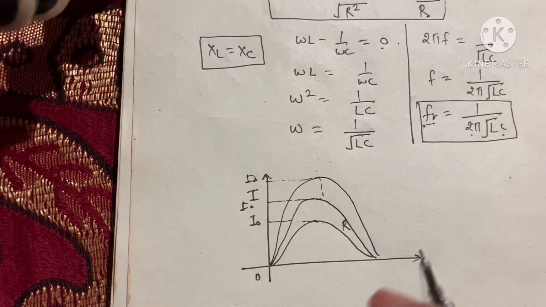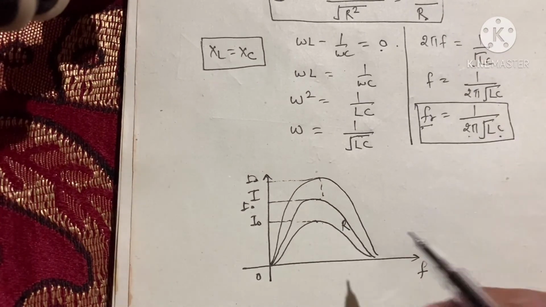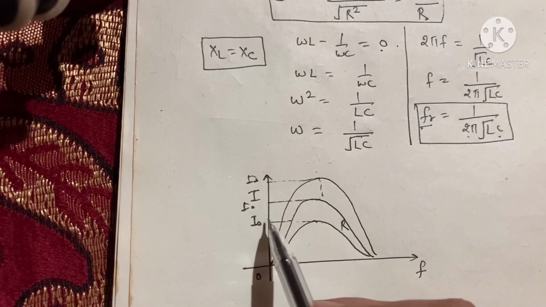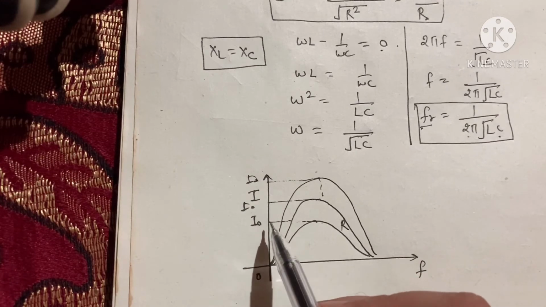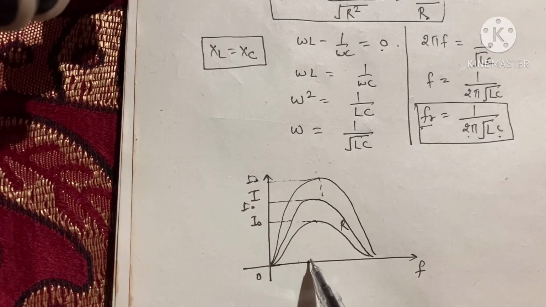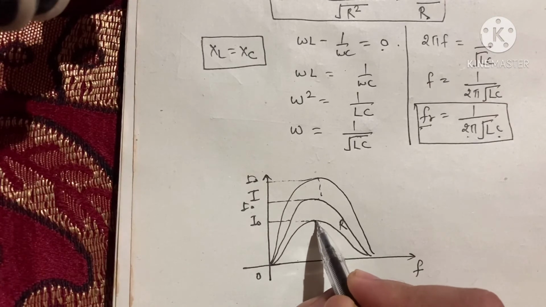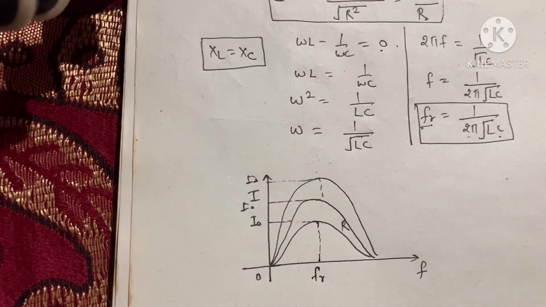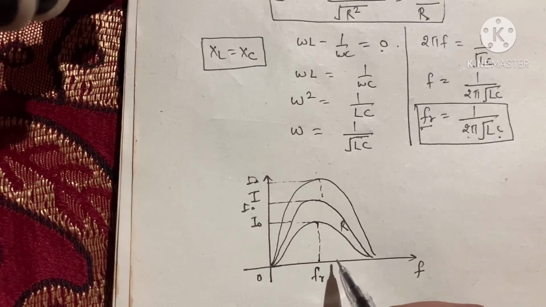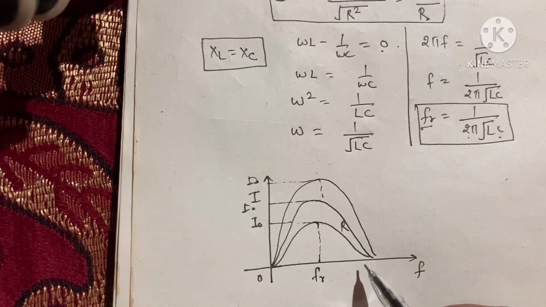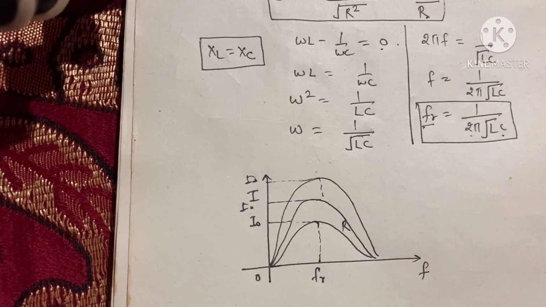Now basically, suppose we are doing one experiment. We have one AC generator whose frequency we can change, and we have connected one ammeter which can measure the current. When I increase the frequency, current will also increase like this. One particular point will come when current becomes maximum, and this particular point on the frequency axis is called the resonant frequency. Now again, if you increase the frequency, your current will decrease, and it will come to 0. So this is basically the resonant frequency.